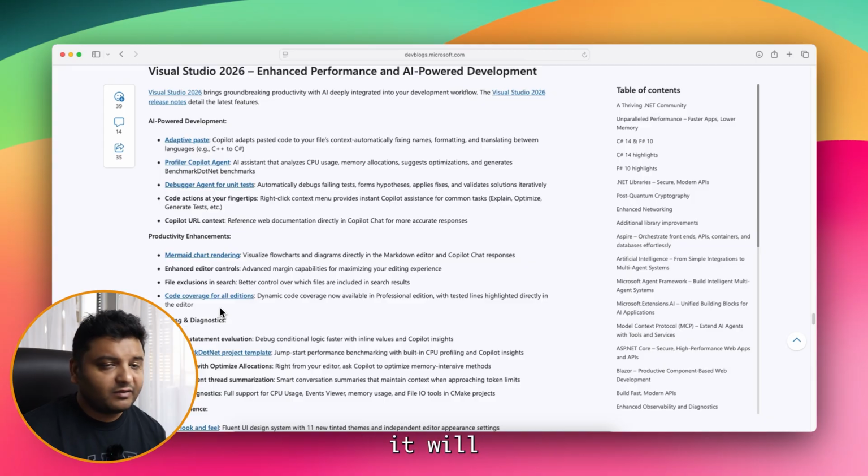It will give you a set of instructions, an XML kind of file, and you can just go to Mermaid, paste that over there, and you will get a very beautiful flowchart that will actually display how the code is flowing across different projects or across different files or across different classes.